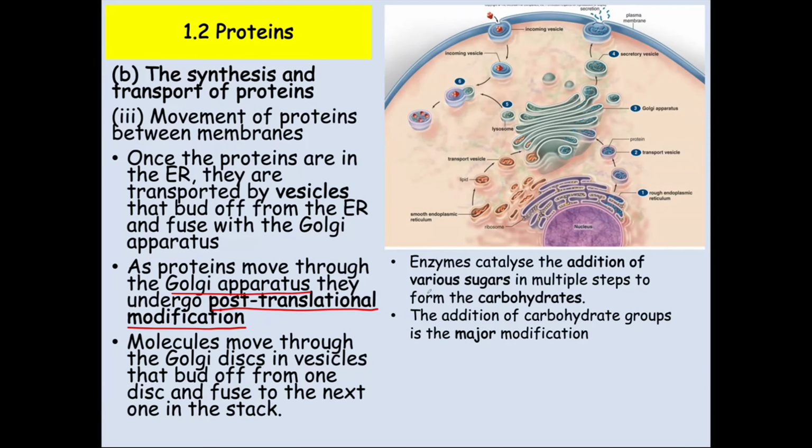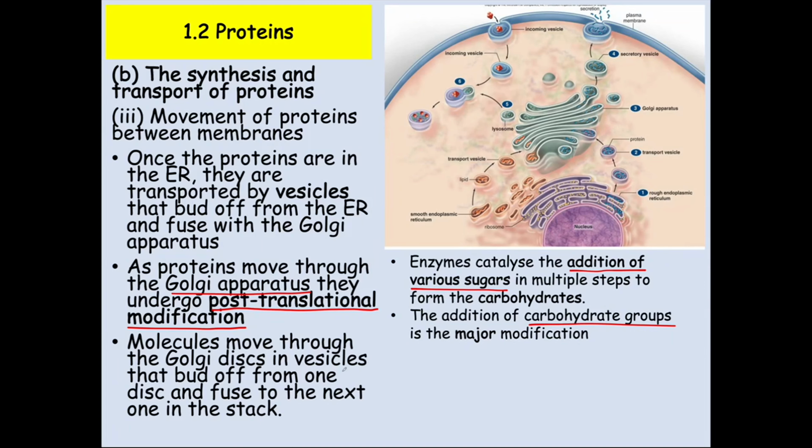But the SQA want you to know that the major modification that's going to happen here is the addition of carbohydrate groups. Okay. So when we talk about post-translational modification, there are many modifications that take place, but the major one that the SQA would like you to know about is the addition of carbohydrate groups. Okay. And that comes because enzymes catalyze the addition of various sugars. And we know that sugars are the monomers of the polymer carbohydrates. Okay. So we do that through a series of steps, and eventually we get these polymer carbohydrates. And that's one of the major forms of post-translational modification that takes place here in the Golgi apparatus within